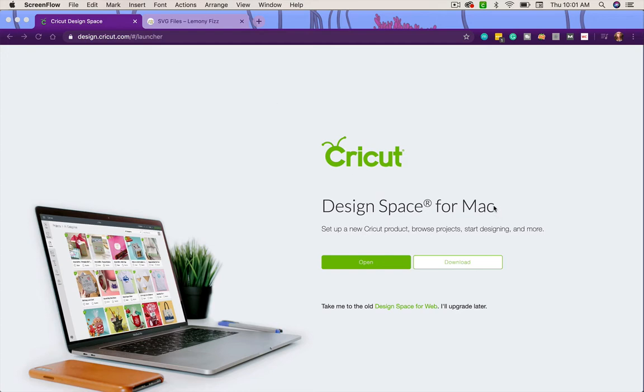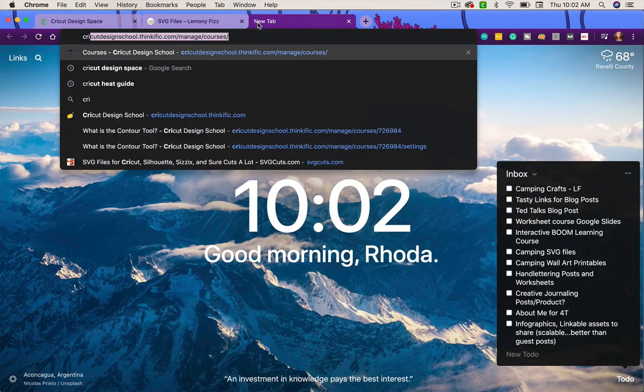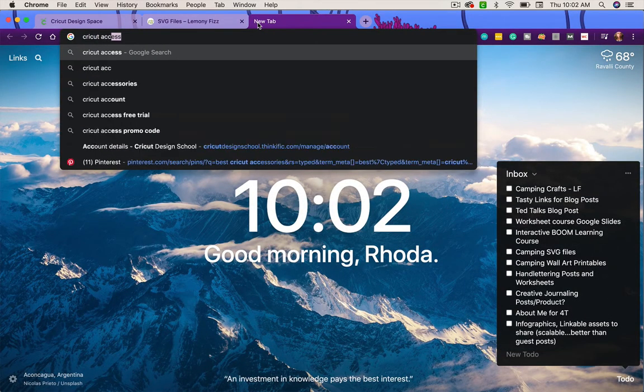So that's why you'll see that mine says for Mac, because I've already clicked the link design.cricut.com and it knows that I'm using a Mac, so it's showing for Mac. Okay. So again, design.cricut.com is how you can access Cricut Design Space for the first time. And you can also, let's just click this really fast, Cricut Access,